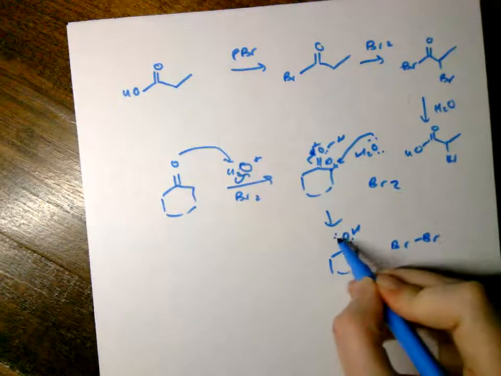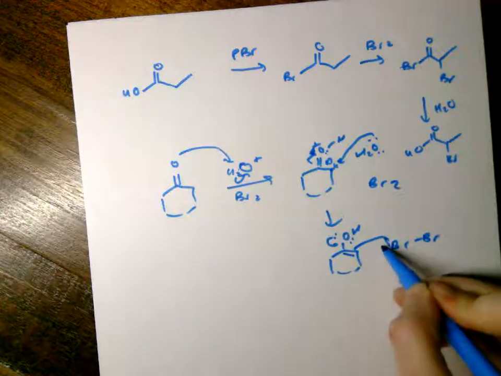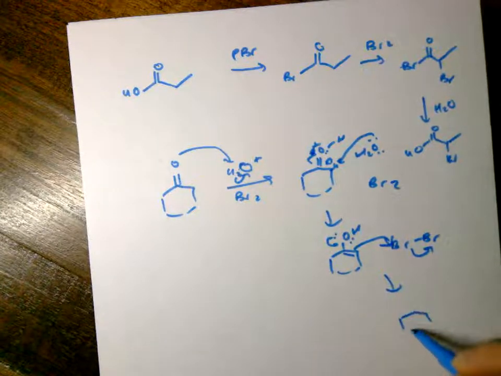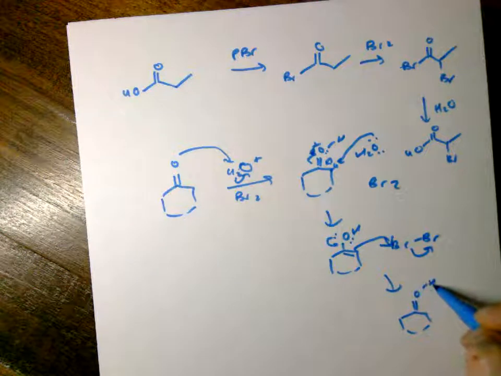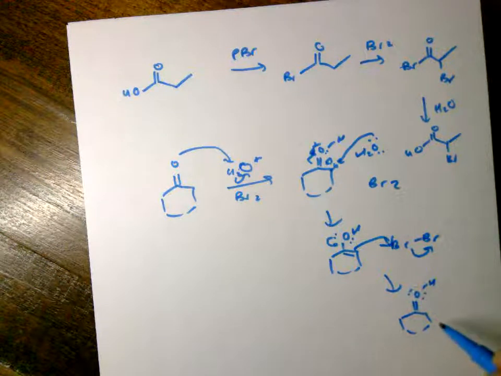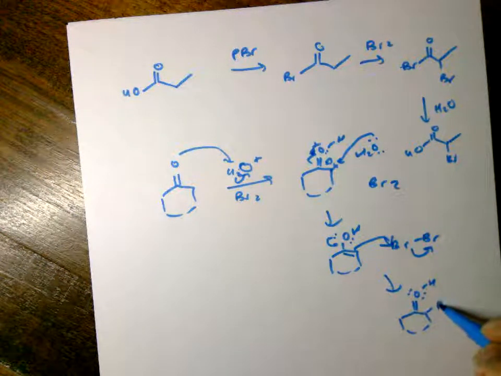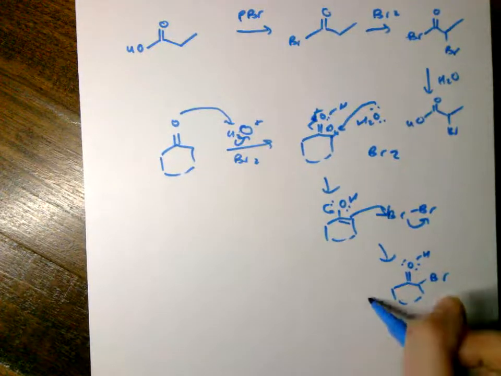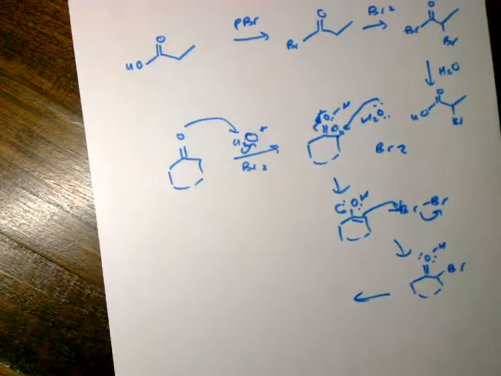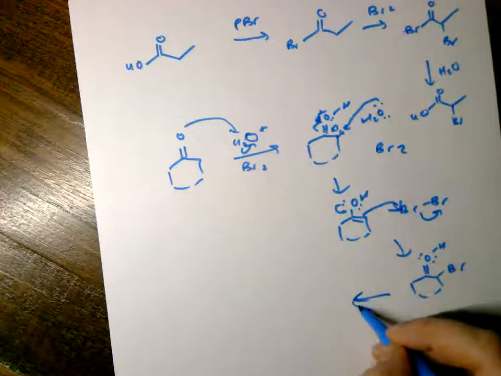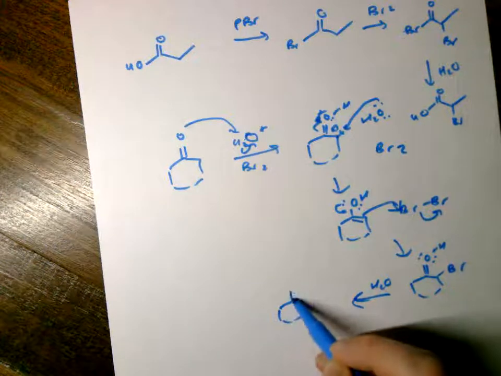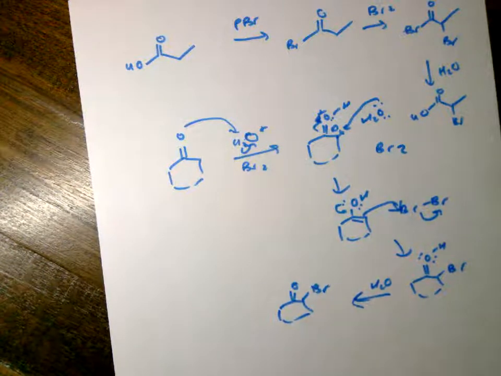So this will come down, this attacks, and this bond breaks, and you get a protonated ketone. People will deprotonate it with water or bromine or whatever else, and it's got your bromine at the alpha position. So let's deprotonate it with, we'll just use water, put it back in water, and then you have your halogenated